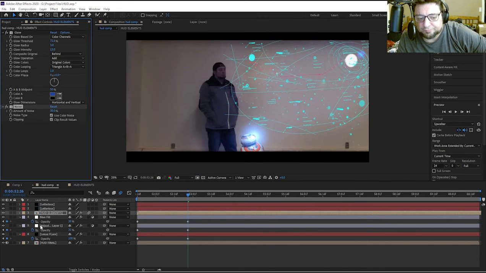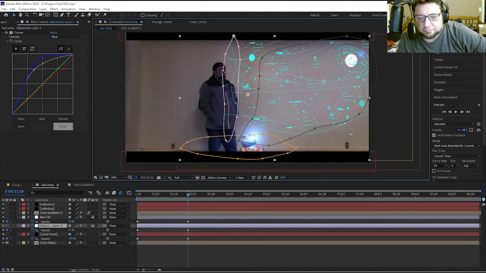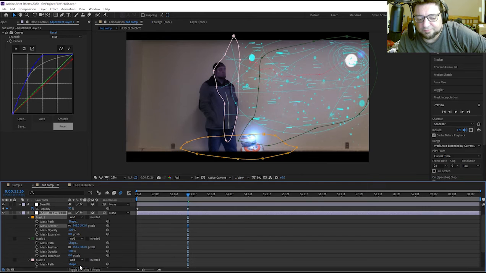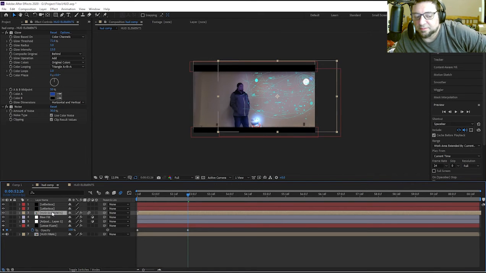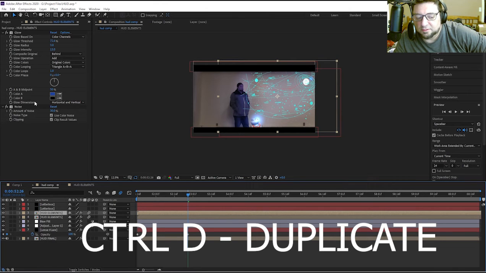Now, let me adjust this mask a little bit here. Skip that part. Alright, so our next step is to duplicate this HUD element, and then what we're going to do is